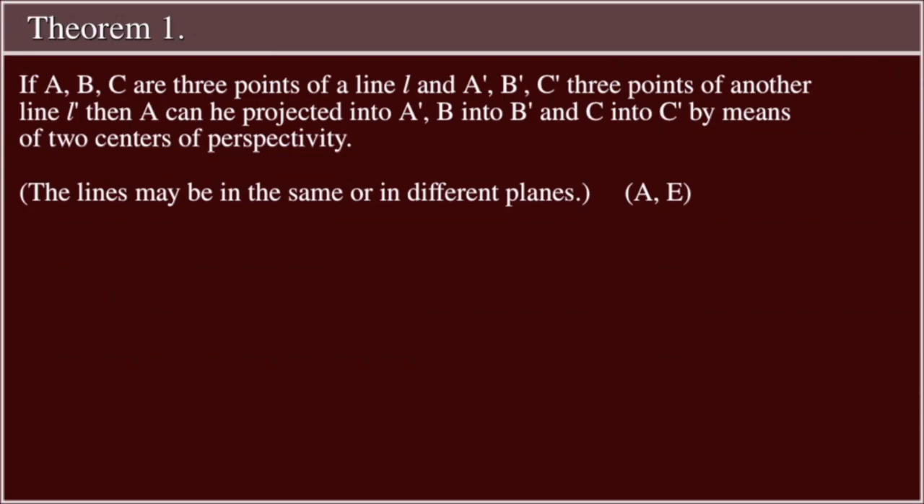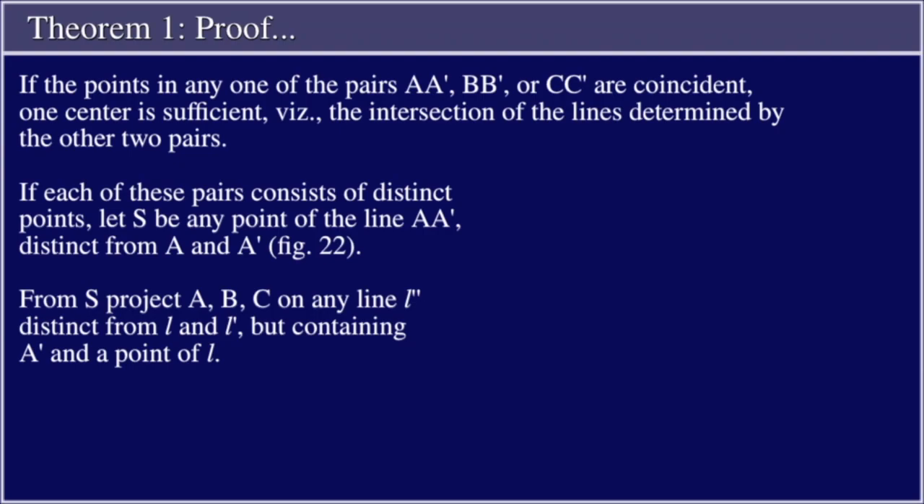Theorem 1. If A, B, and C are 3 points of a line L, and A', B', C' are 3 points of another line L', then A can be projected into A', B into B', and C into C' by means of 2 centers of perspectivity. The lines may be in the same or in different planes. Assumptions A and E. Proof: if the points in any one of the pairs